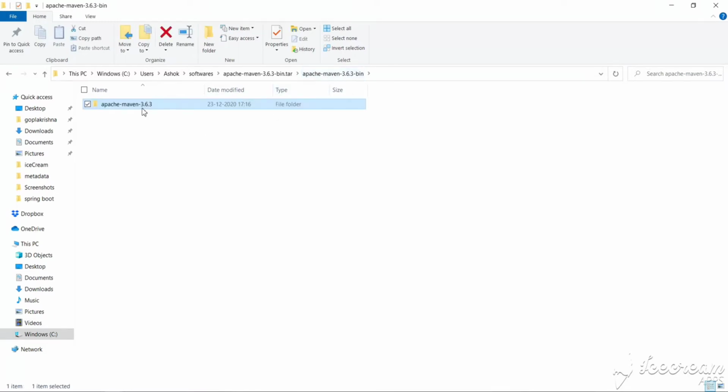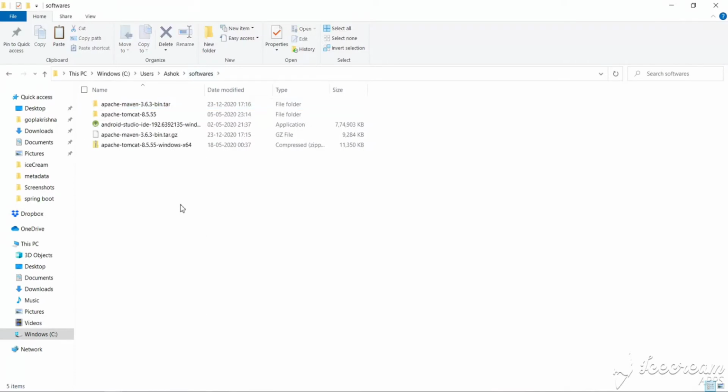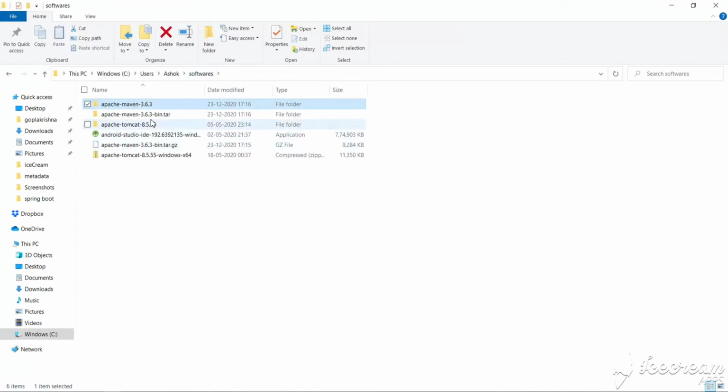So this is the main Maven home path for the Maven build. Let's take this out and keep it here. We can delete the rest.